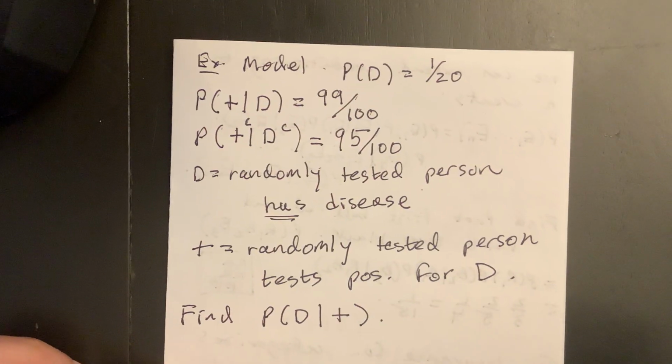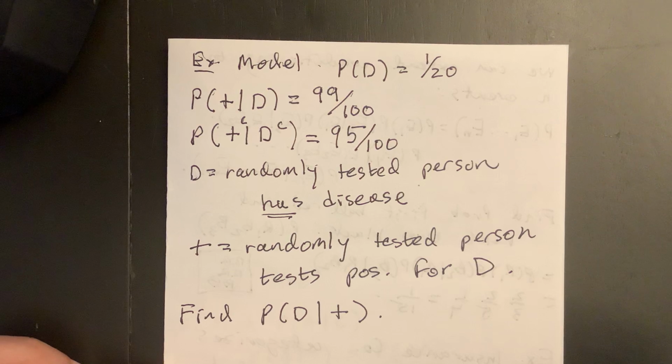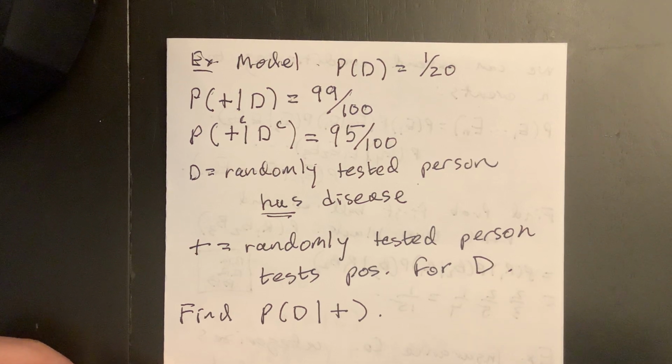And we're going to use these probabilities. You can think of these as coming from a model. You have to have something to work with. So we're going to assume that in the whole population, 5% of the population has this disease. This could actually be considered an underestimate in some places for coronavirus, or maybe not. But we're not interested in that. We're interested in our probability. So we're going to assume the probability of the disease in the general population. If you just take all million people in Worcester County, we're going to assume that 1 out of 20 have